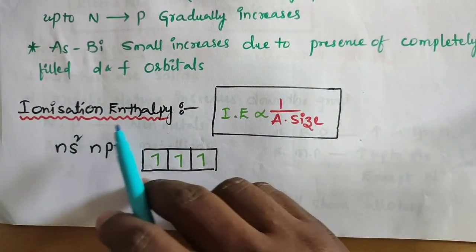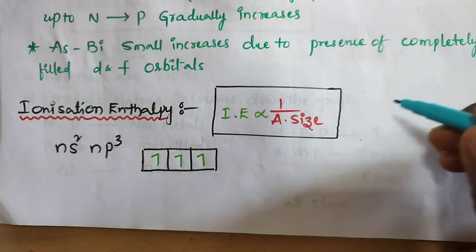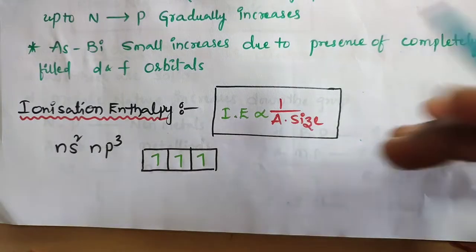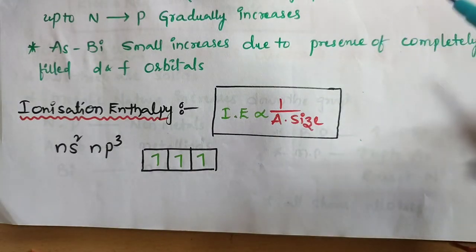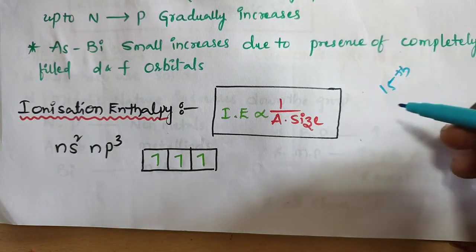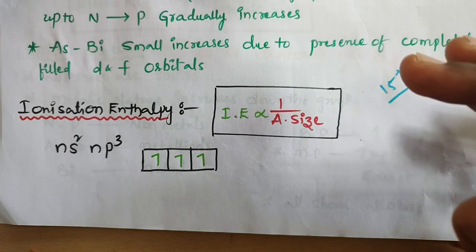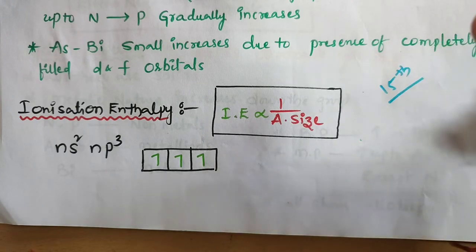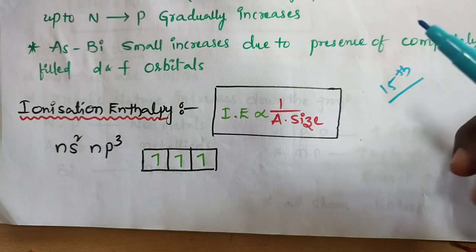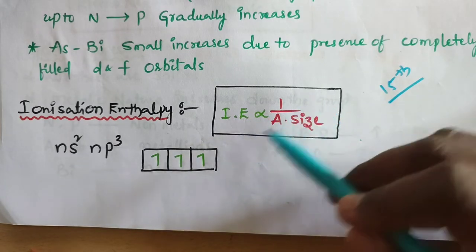And ionization enthalpy, from top to bottom in groups. Now, what is in this periodic table? 18 groups and 7 periods. So now we are discussing the groups. In the p block, the 15th group is the nitrogen family. In 15th group elements, from top to bottom, atomic size increases. At certain positions the increase is small, but commonly atomic size increases. So ionization enthalpy decreases. Atomic size and ionization enthalpy are inversely proportional.